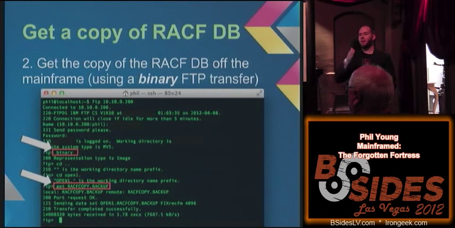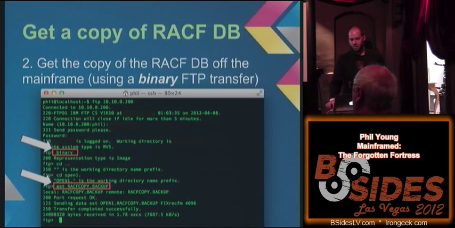Once you have a copy that you can just FTP off, you're going to need to connect with FTP, and you're going to have to get a binary file transfer. Because when you're FTPing something from the mainframe, it's going to translate it from EBCDIC to ASCII, and you don't want that, you want the binary file. So just type binary, and then you just get a copy of the file. All this is really just to copy the hashes. It's no different than if you're on a UNIX platform, you're just copying the shadow file.